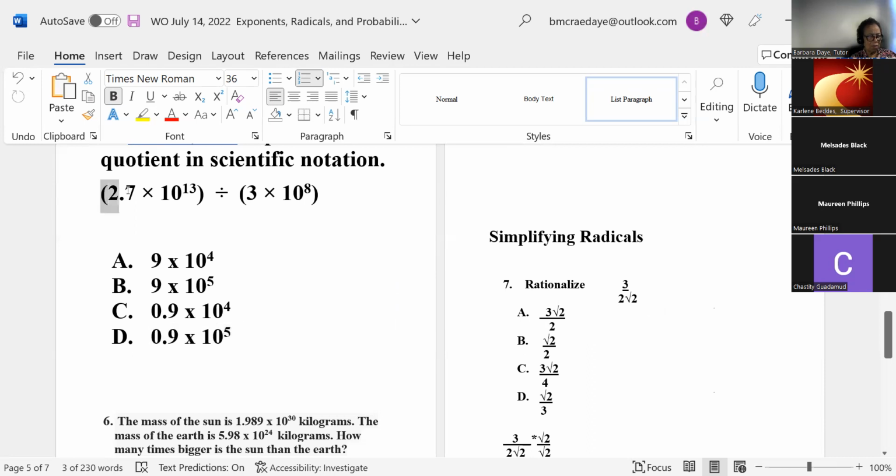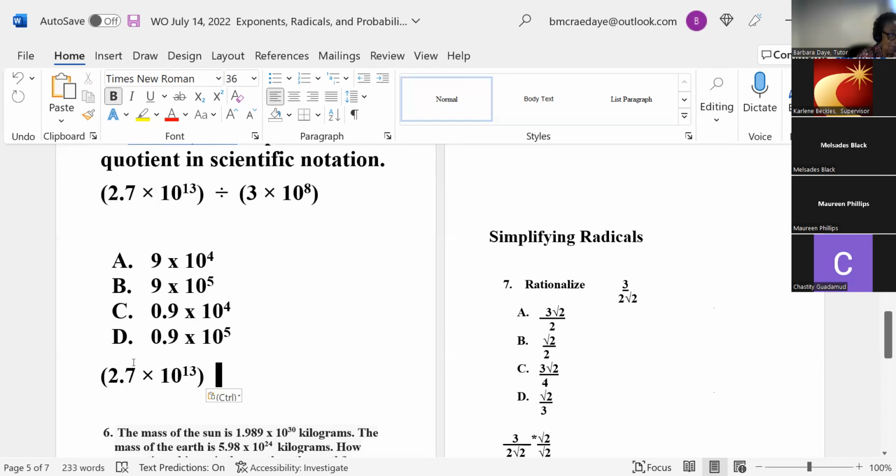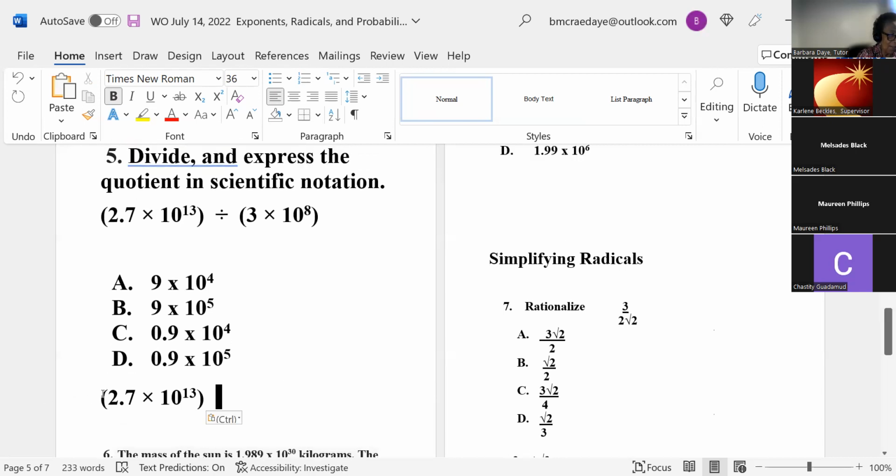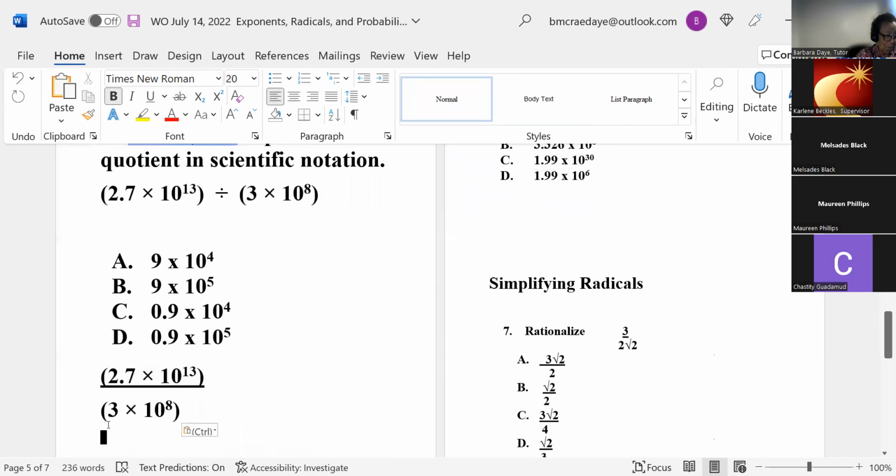The 5th. Right. But remember, the first part of your scientific notation has to be a number between 1 and 10. So your answer cannot be 0.9 times something. Yes, I divide 2.7 by 3, I get 0.9. That's why I chose that one first. Then I do the exponent, and I got 5, because I subtract. But remember, we just told you the rule. The first part,